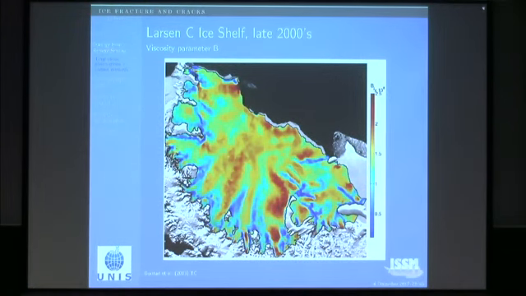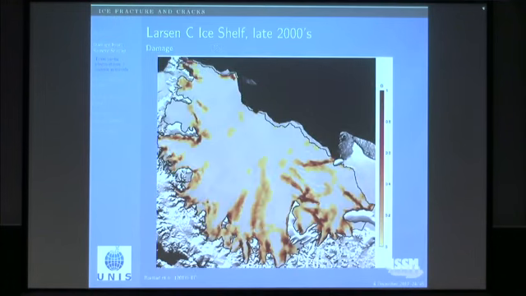So we can do the same thing, another example of the same thing for the Larsen C ice shelf. This is the viscosity parameter, where you can see there are a number of fractures here that appear softer in a continuum sense, and we see that they turn out to be damaged. Things are a little smeared, and that has to do with the resolution of the observational data used as input